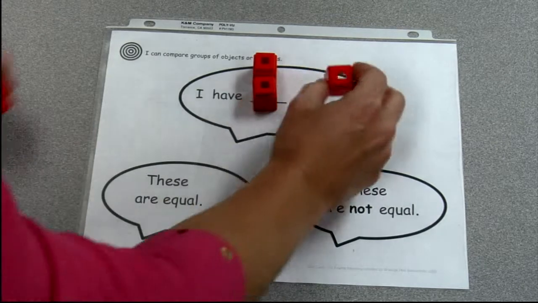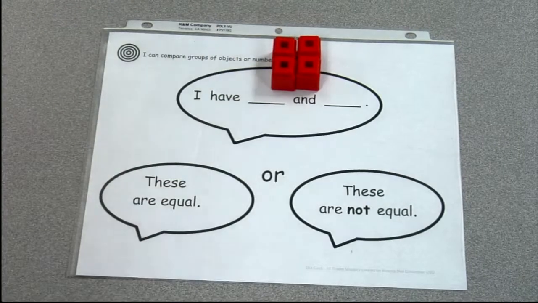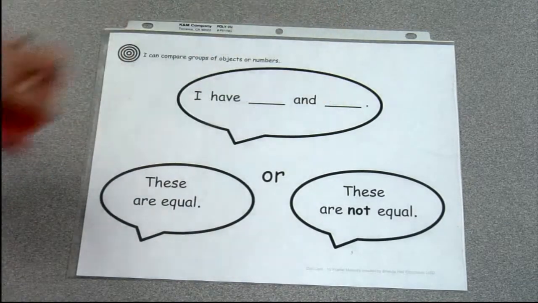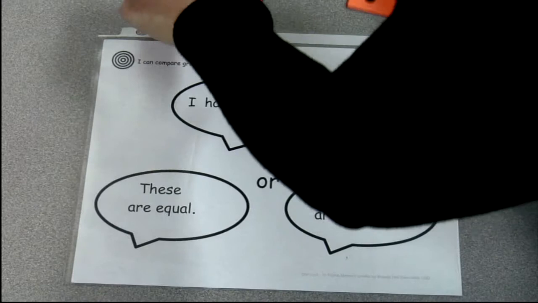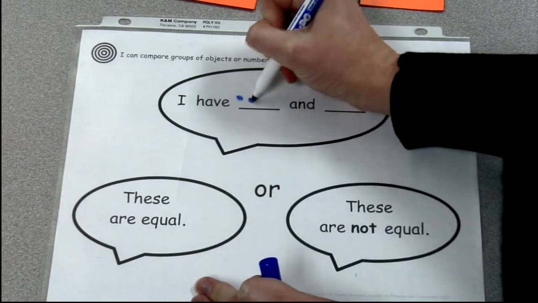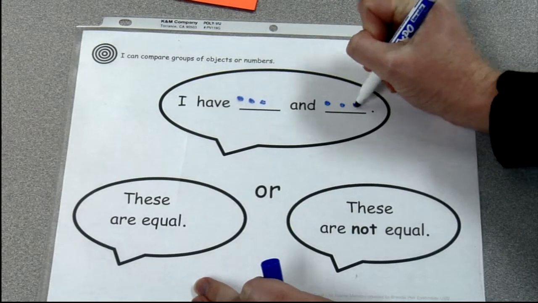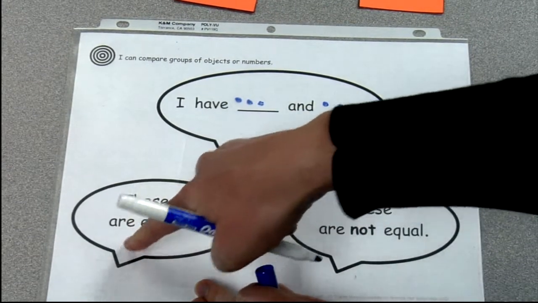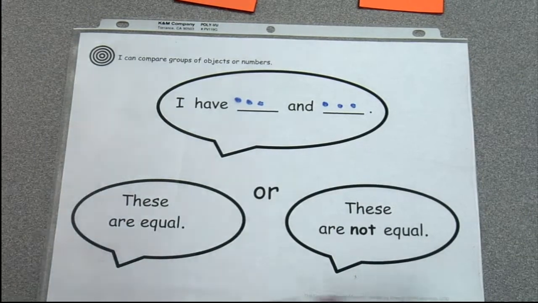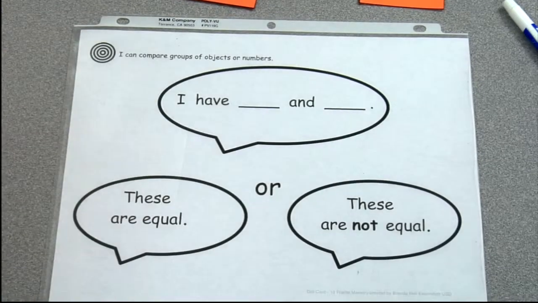I have 2 and 2. These are equal. Or they could do it with a pen and dots. I have 1, 2, 3 and 1, 2, 3. I have 3 and 3. These are equal. After the students have played many times with the dots or the manipulatives, then you can move